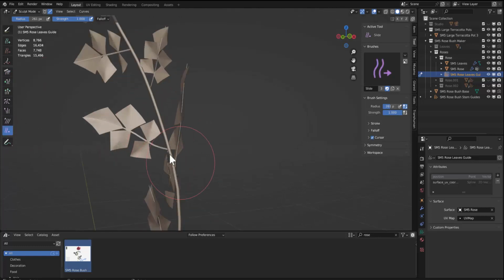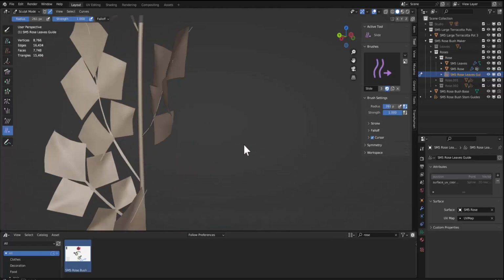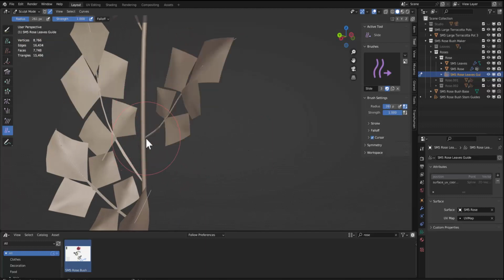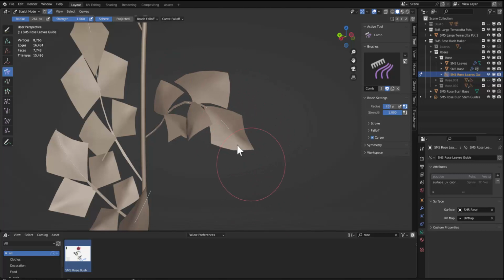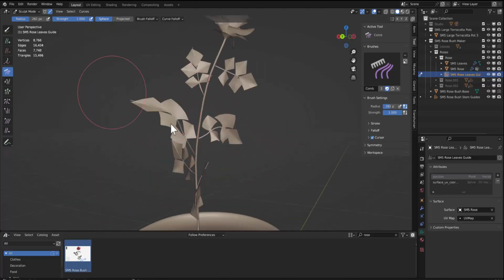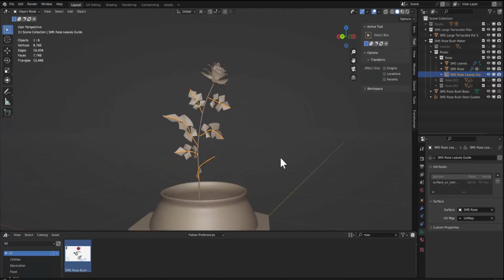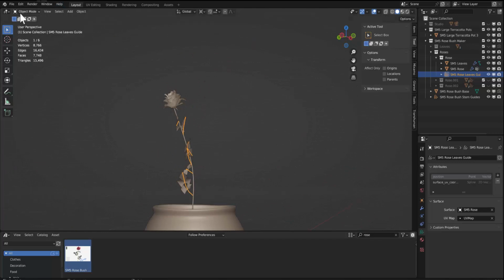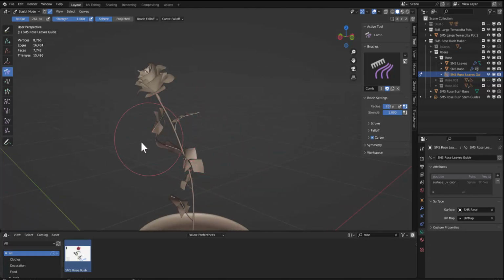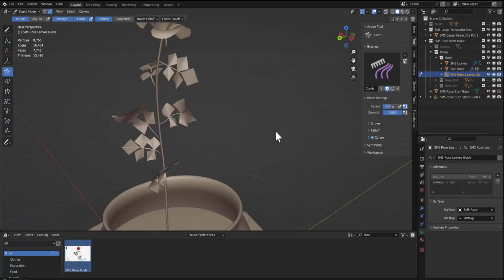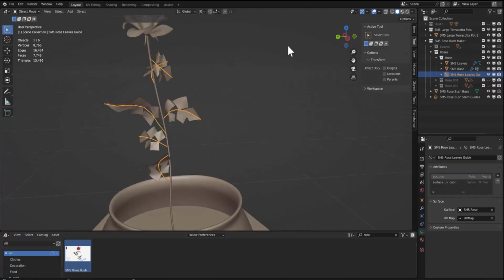If you need to rotate them, I usually use the slide tool. Something like this. Okay, and try to move them in all directions so the rose will look a bit more real and not so flat. Like that, more or less. Okay. So